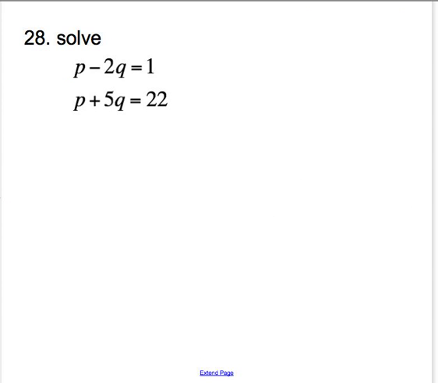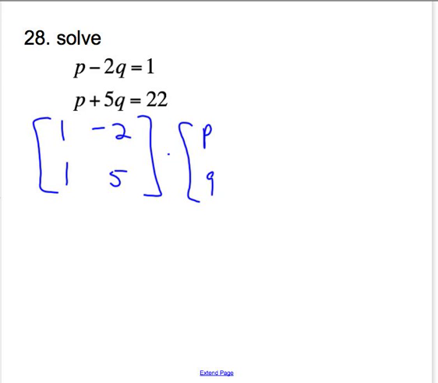Number 28, basically the same problem. I'll start by translating my system of equations into a matrix equation. I have a column for my P coefficients. I have a column for my Q coefficients. If I take that times my variable matrix, that should be equal to what the answer is to each equation, or